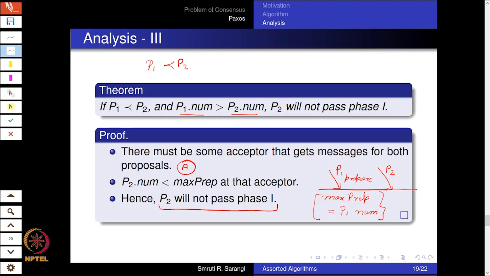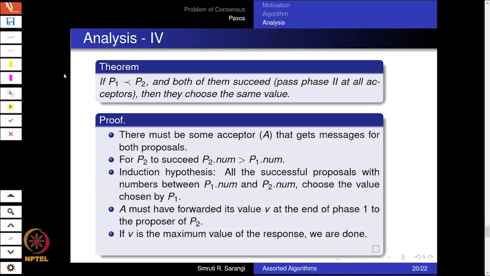So in a certain sense, it establishes a certain monotonicity or a strictly increasing order of past proposals. So for proposals to pass both phases, they need to have strictly increasing numbers. All right, if I were to draw a graph, it needs to be strictly increasing. And furthermore, if two proposals are concurrent, then the one with the lower number will fail for sure. So essentially, if I'm an external observer and I keep seeing the proposals that are passing both the phases, I will see an increasing number, monotonically increasing.